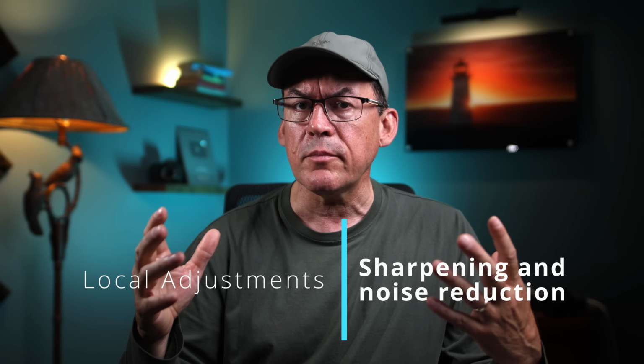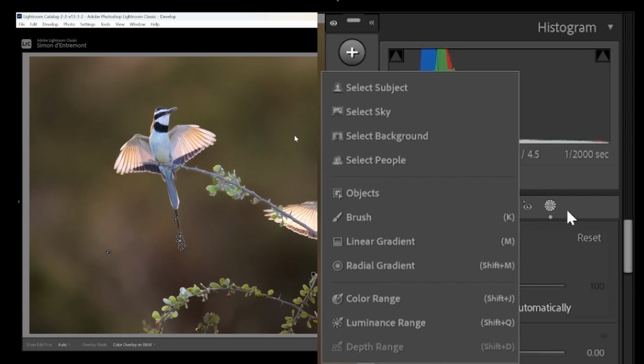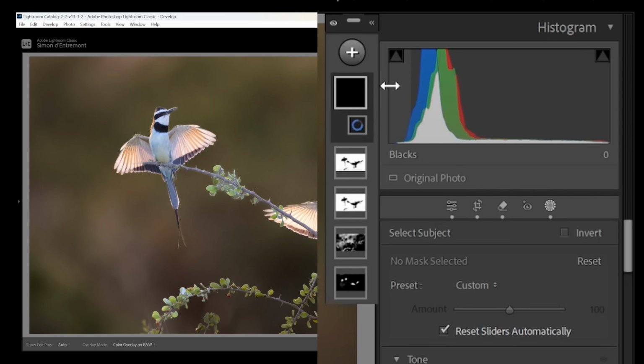Another area where selection should be applied more locally is in sharpening and noise reduction. Often your foreground elements or your subject looks good with a little bit of sharpening to make it appear clear and vivid, whereas noise reduction should be applied more generously to the background, where in those smooth surfaces, noise is more easily visible. Let's see how we can do that in this photo. We can use the Select Subject feature